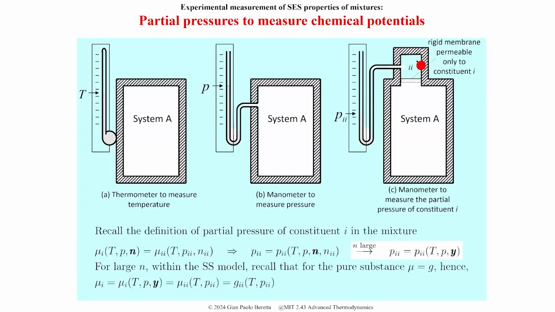And we call partial pressure that pressure at which that occurs, the pressure of the pure system. So that's the meaning of the double i. And so this equality makes